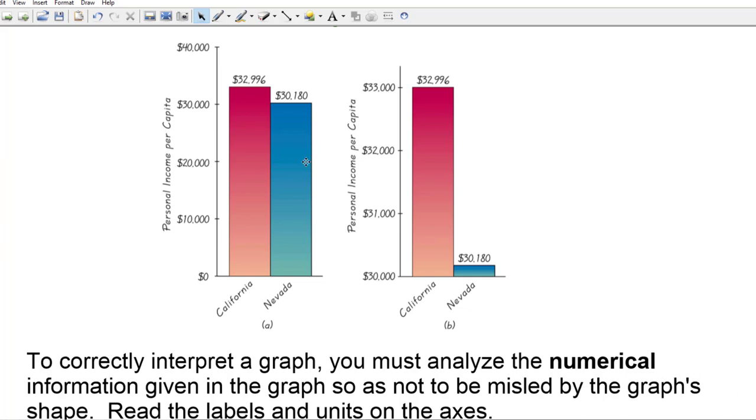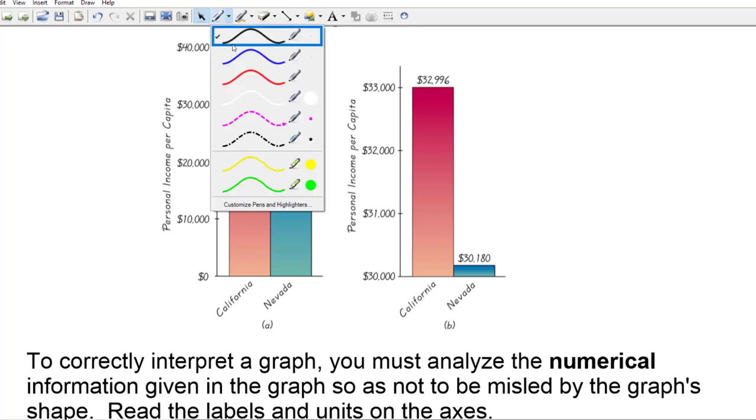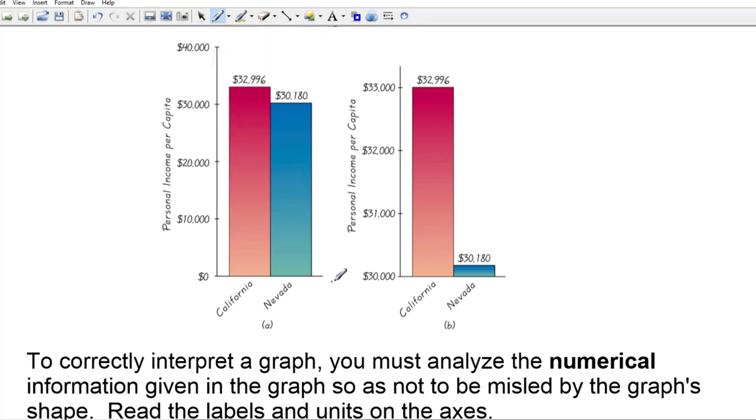So their point of origin on the graph is now 30,000, which is right here. And this one is 0. And by doing that, they also increase by 1K. Here they're increasing by 10K. So here's some significant differences.